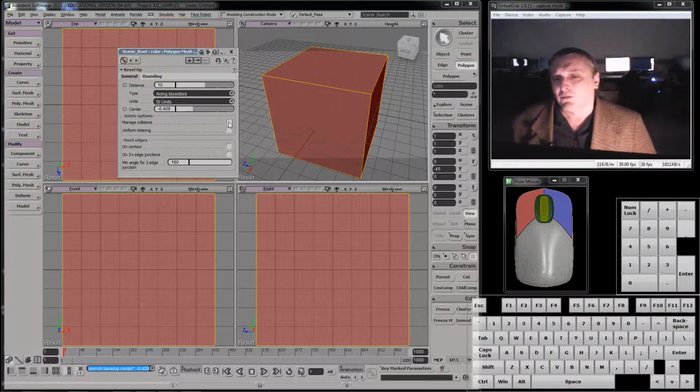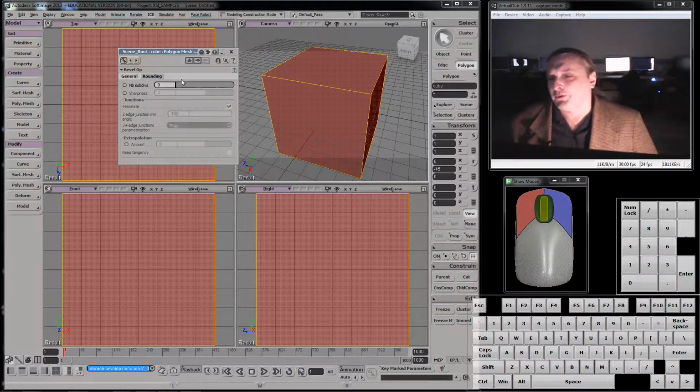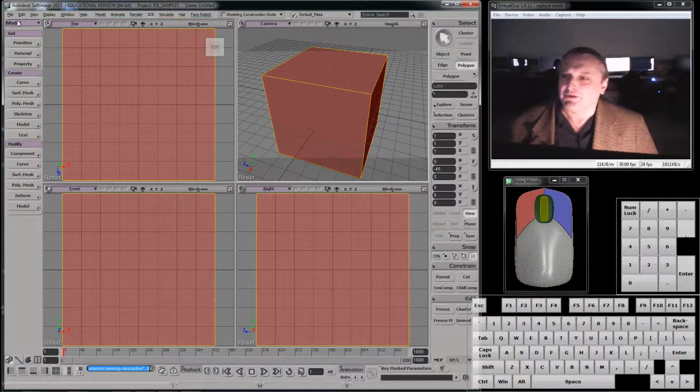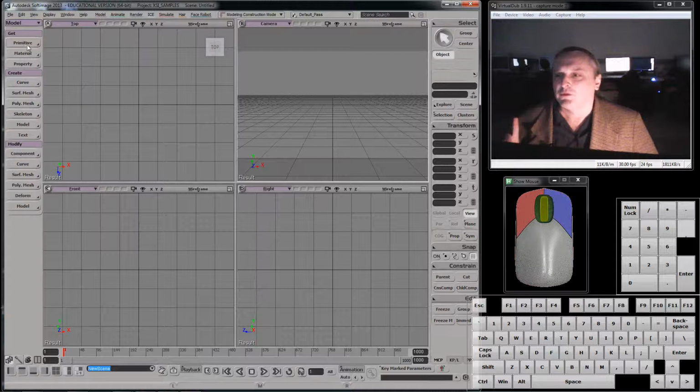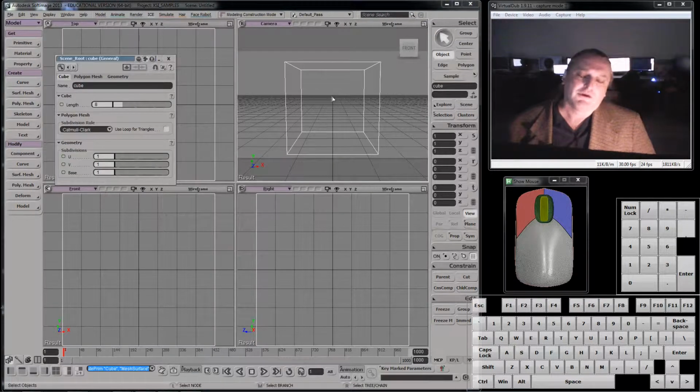Just like choose one surface. You know what else? It's very possible that this crashed on me too, because that can happen. I'm going to do a new scene, and let's try primitive polygon mesh cube. We will try,